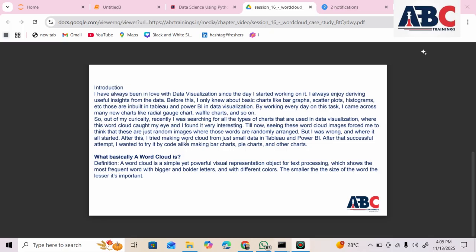When I saw that a word was smaller in size, I was curious why it was small, and then I went through the data. I saw that the word is not important, as it appears in the data only one time. That's why the word is small in size and not bold. So that is how it works with the word cloud.